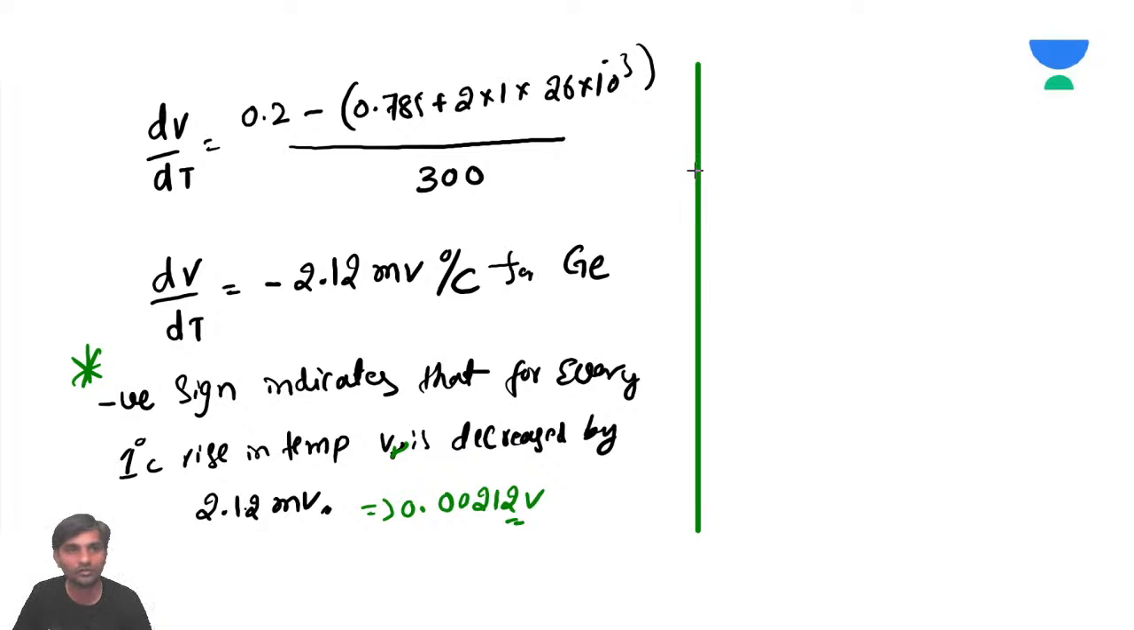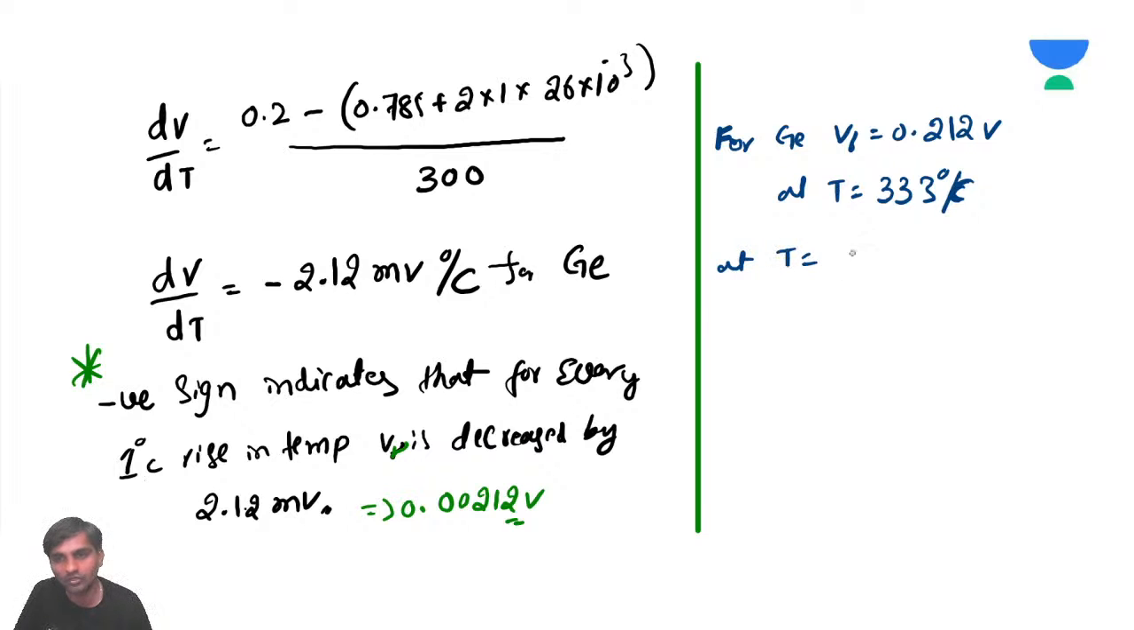Example, I will tell you. Let's say for germanium, V cut-in is going to be 0.212 volts at T equal to, example I'm saying, 333 degrees Kelvin. So at T equal to 334 degrees Kelvin, we need